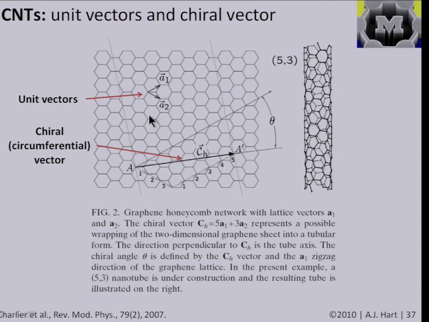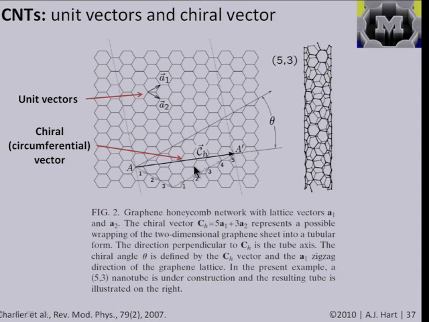So loosely I'm going to call a nanotube a crystal, and we're going to call each specific orientation or rolling of the sheet into the nanotube a different crystal orientation, or you could say a different specific crystal structure. And the way we go from these unit vectors into the actual nanotube is imagine making the nanotube